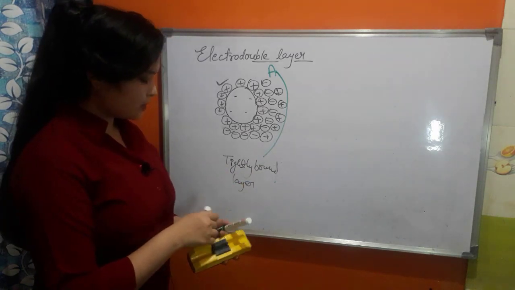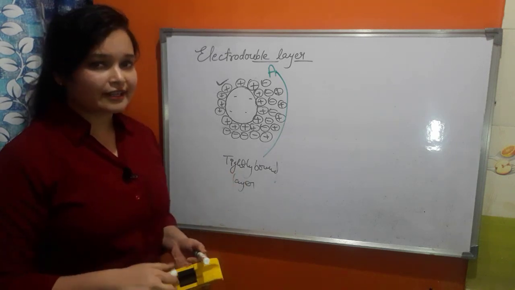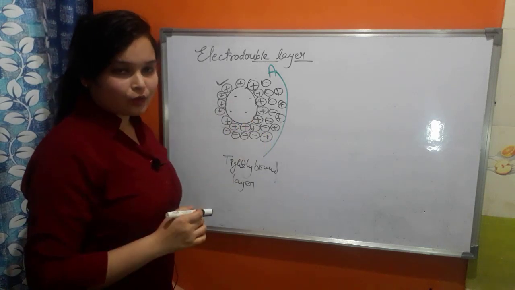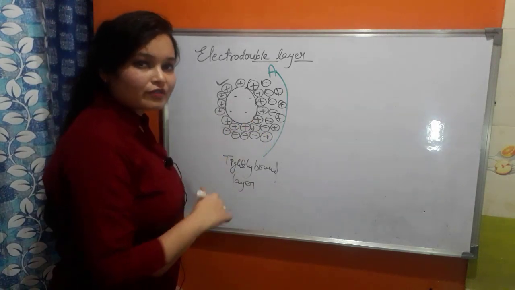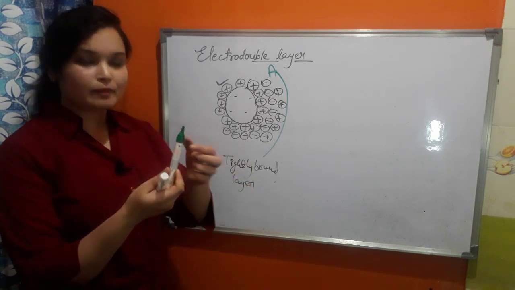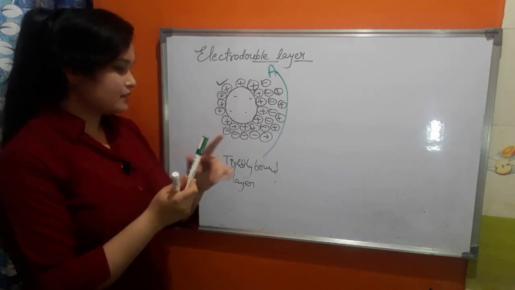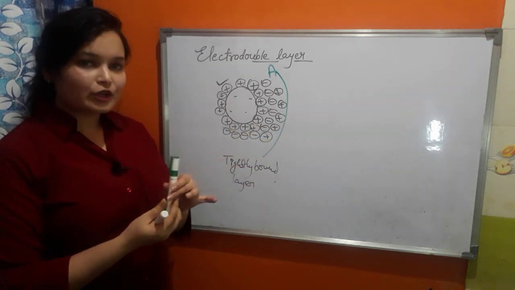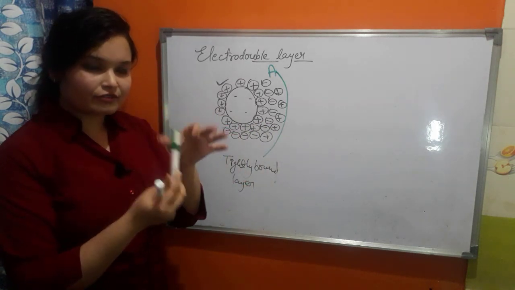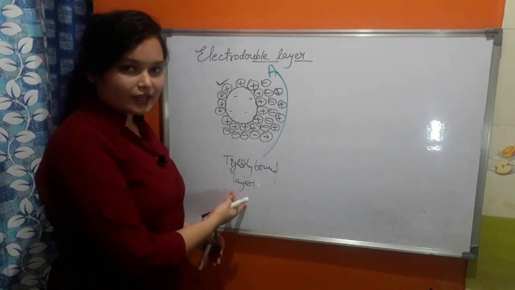Tightly bound layer. And you may ask me why you are naming it tightly bound layer. Because whenever you try to move this particle now, this layer will be moving along with this particle. Just imagine this tip of this marker to be the particle, and this cap sitting on the tip of the marker is the tightly bound layer. When I try to move this marker here and there, this cap, that is the tightly bound layer, will also move along with it. So we are naming it tightly bound layer here.